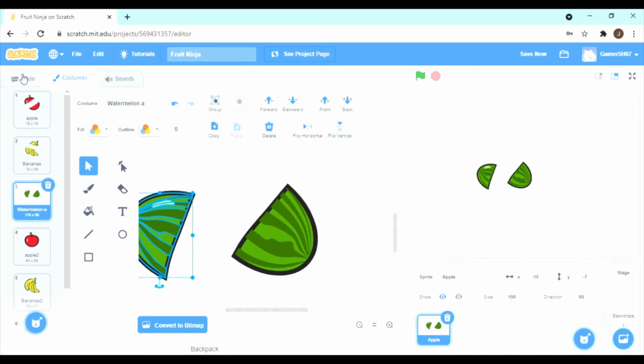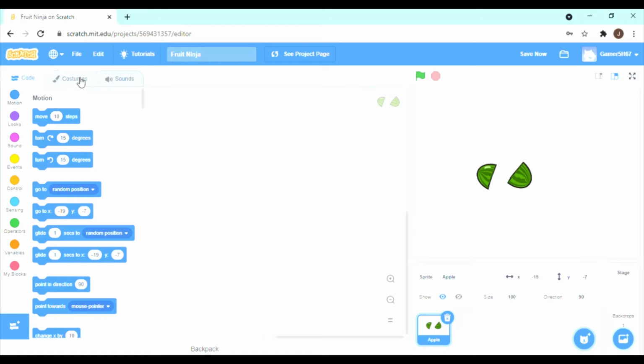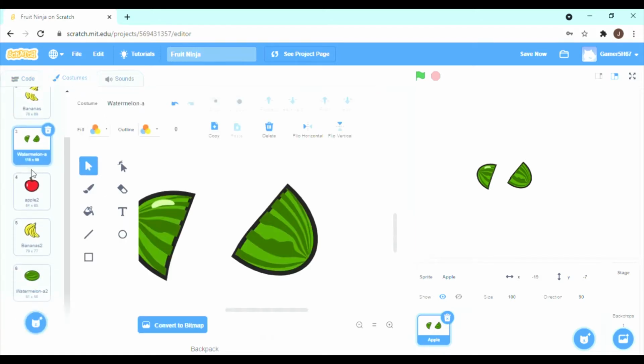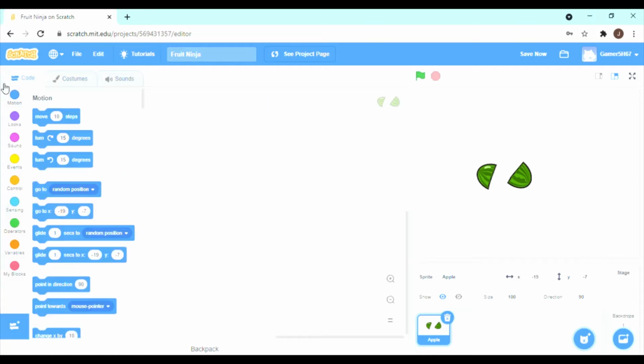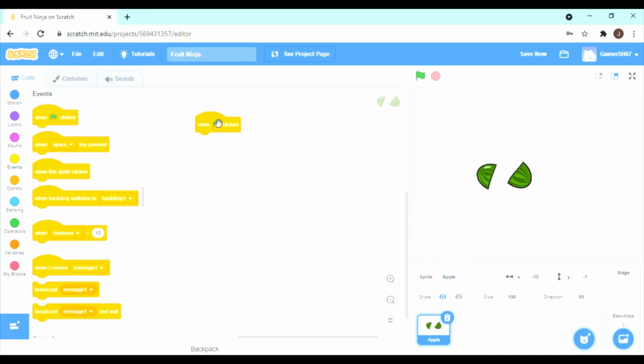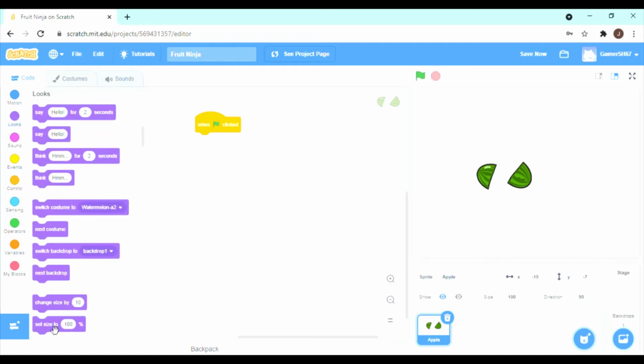So then now time for the code. Okay, now time for the code. First go to events, when green flag clicked, looks, set size to 120. So once you have set the size to 120,